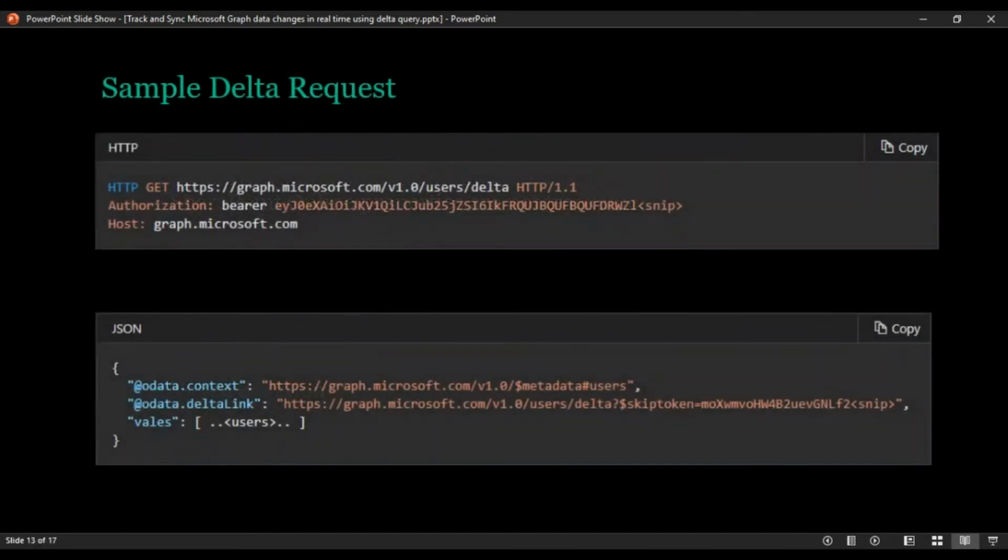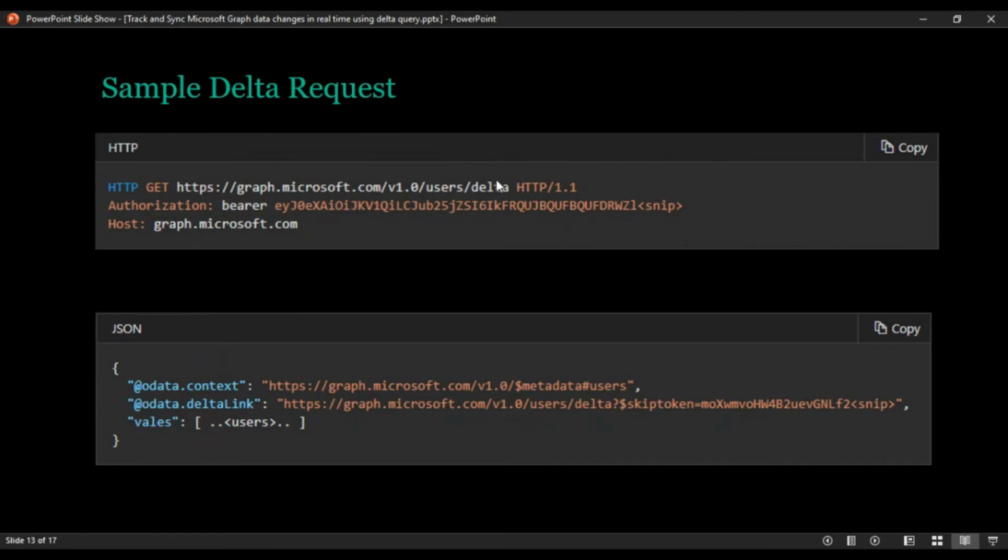Okay, here is a sample data request. This is how the Delta query works. For example, if you are going to access users, which is a normal endpoint we use regularly now, additionally we need to change the URL to add /delta, nothing else.